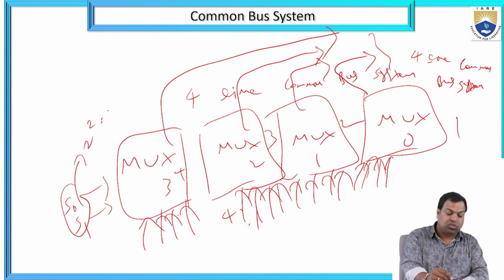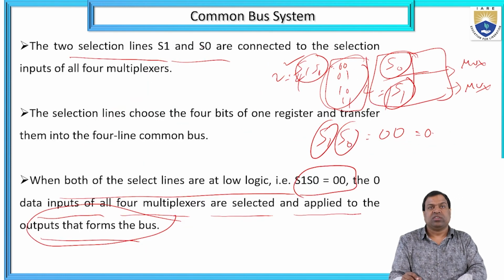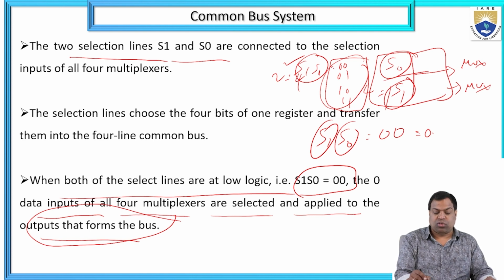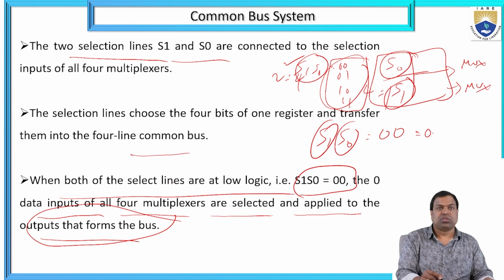So 2 squared equals 4 possibilities: 0 0, 0 1, 1 0, 1 1. There are 4 possibilities, that is, the 2 selection lines. And what will happen with every selection line? The select lines of the 4